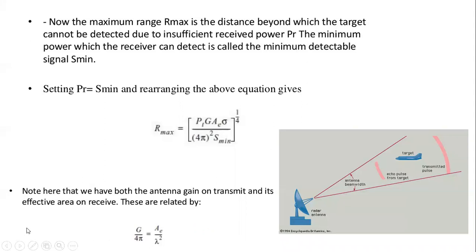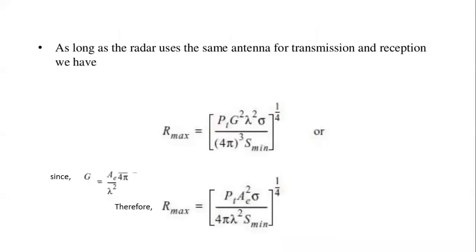That is, we are going ahead with antenna gain and effective area. So it becomes G by 4 pi is equal to AE by lambda square. Remember, lambda square is about the wavelength. So with that, our equation, which was in terms of power, gets converted in terms of wavelength. Now here, you can get the maximum range with less wavelength and less power. So in that case, you can use this equation.